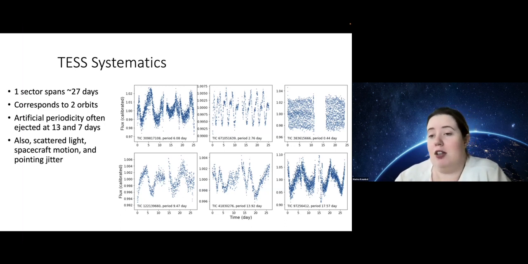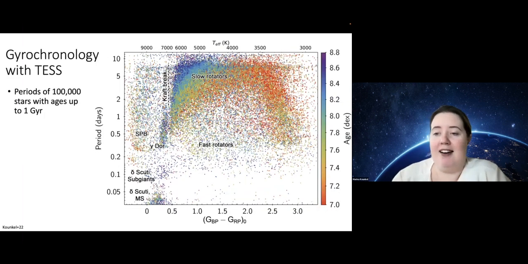But we have a lot of data of stars with known ages. There are thousands and thousands and thousands of them. And that started to become a bit too unwieldy to actually go through them one by one. So after some point, it's better to just trust your data, to hope that there is going to be a strong enough signal that will beat out all these systematics. That is to say, you take data quantity over data quality. And by generating light curves for hundreds of thousands of stars, we do have quite a strong signal.